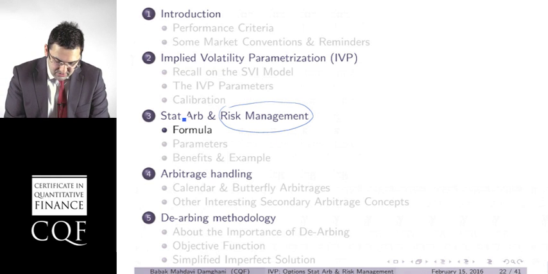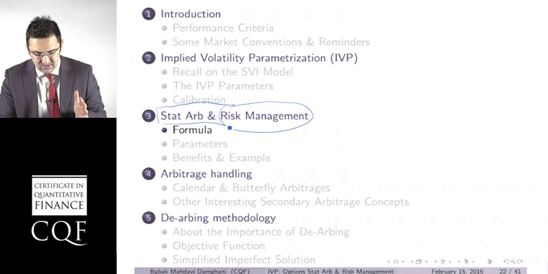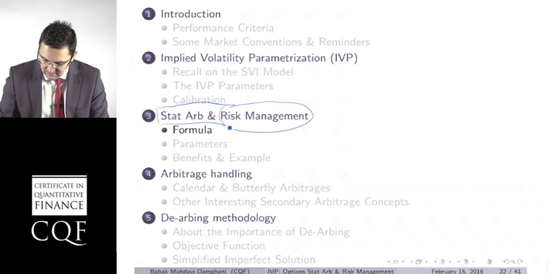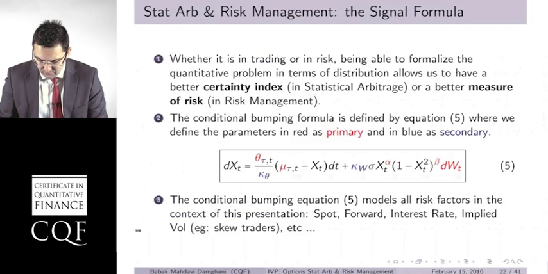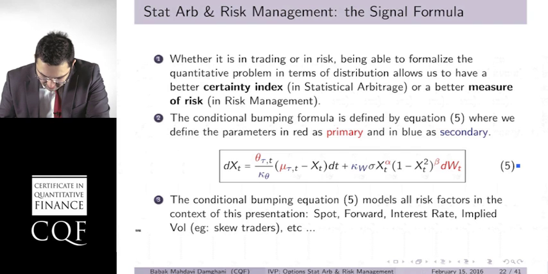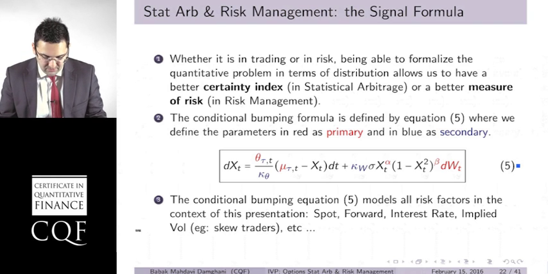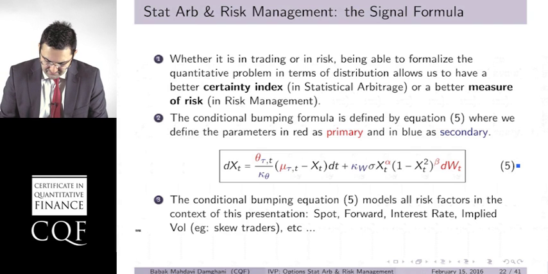And I thought it would be a good idea to build a section where we discuss statistical arbitrage and risk management together, as we will see next. It's going to become a little bit more intuitive as we progress in the presentation. So first of all, the formula. You have this formula here, which is what I call some sort of conditional bumping formula, or some sort of trading signal formula, depending on whether you work in risk management or in statistical arbitrage. I think the best way to look at what this can achieve for you is to go through